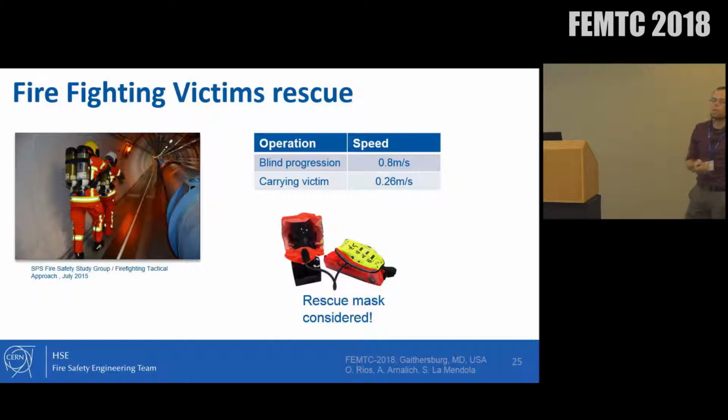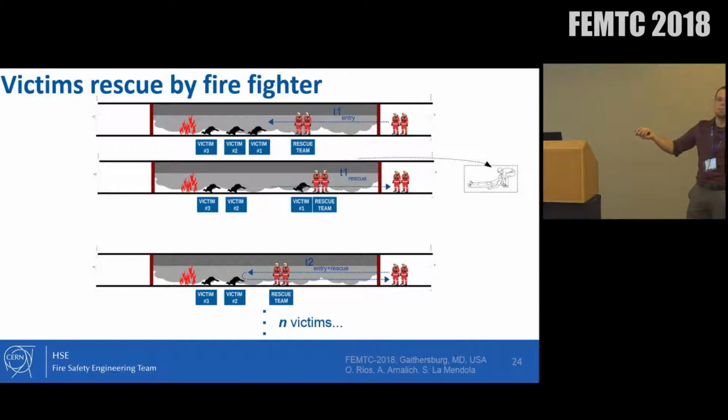And we also assume that they will carry this safety mask. So that means that as soon as they reach the victim, the victim stops inhaling FET. So the FET is stopped as soon as the fire brigade reaches each victim. But obviously we wanted to account for more than one victim, saying that there is more than one person that needs help. As there are only 2 firefighters, they have to go to the victim, go back, go to the second victim, go back, and that's the process we will account for.